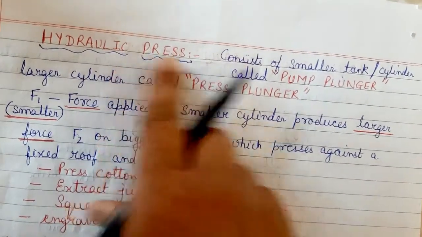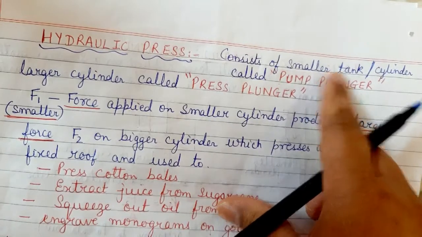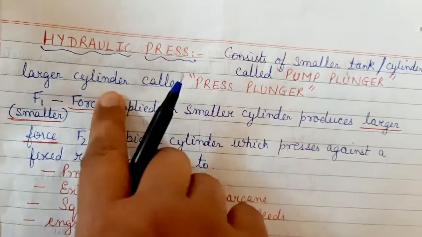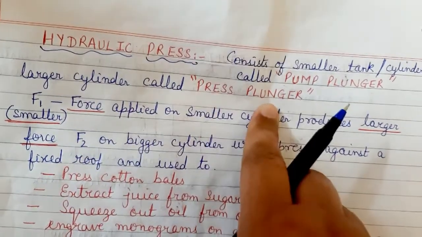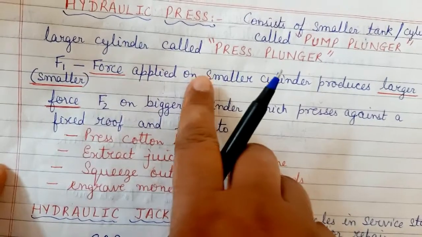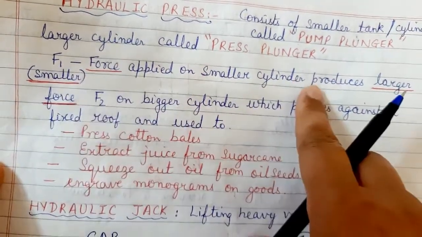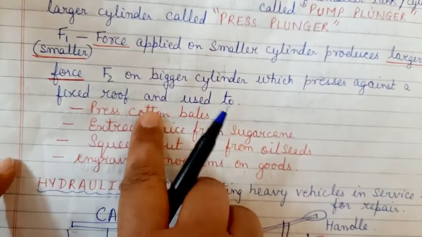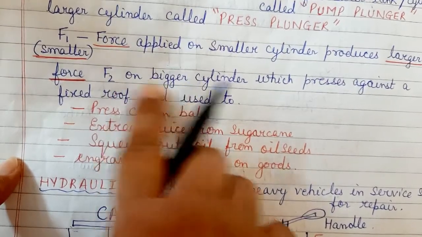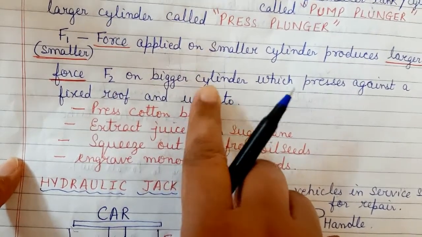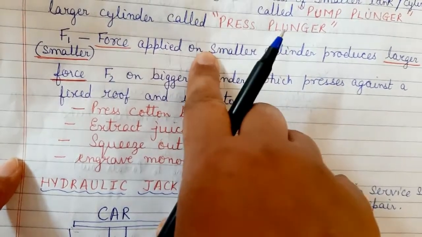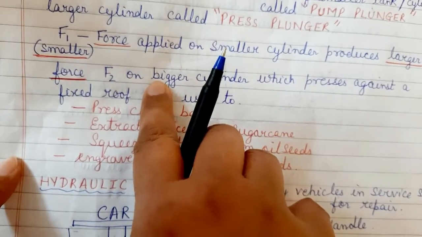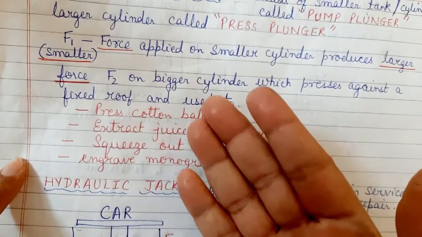Now in a hydraulic press there are two types of tanks. One is a smaller tank, which is also called the smaller cylinder. The name given to it is pump plunger, and the larger cylinder is called the press plunger. Okay, now let us suppose a force F1 is applied on the smaller cylinder, that is the pump plunger. When that force exerts a force on the bigger cylinder, that is, on the press plunger, and when this force F1 produces a force F2, it actually gets the